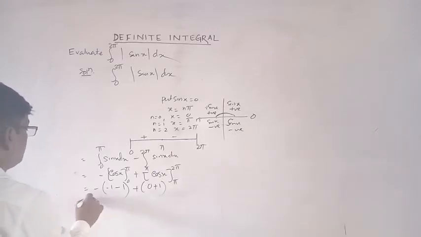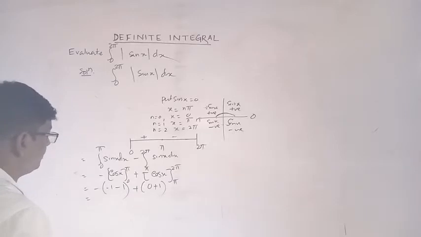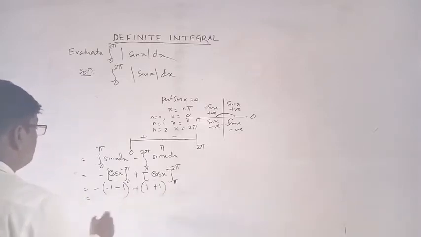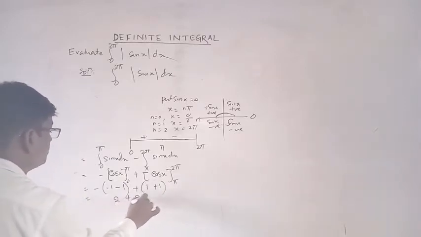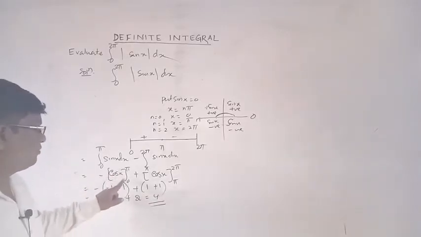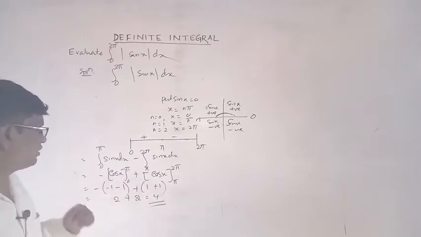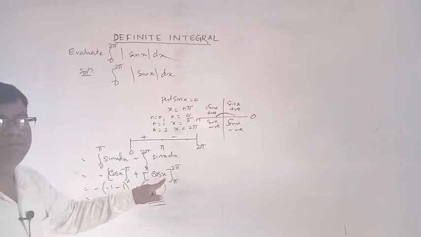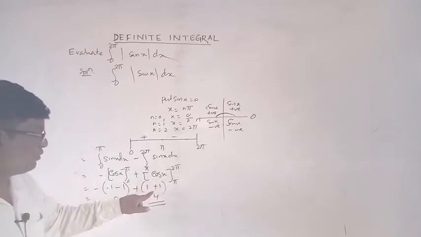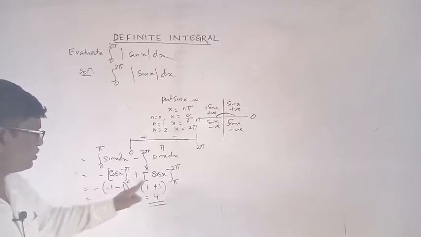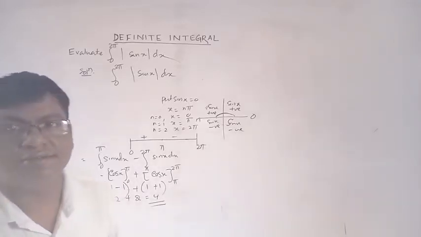So this is equal to minus 2. Okay, minus 2. Sorry, this is cos 2 pi means what? 1. So 2 plus 2, this is equal to 4. 4 is answer. First cos pi minus 1 minus cos 0 minus 1. Then cos 2 pi 1 minus cos pi means minus of minus 1 plus 1. So minus 2, if minus is plus 2 here, 2 plus 2, that is 4. This is answer.